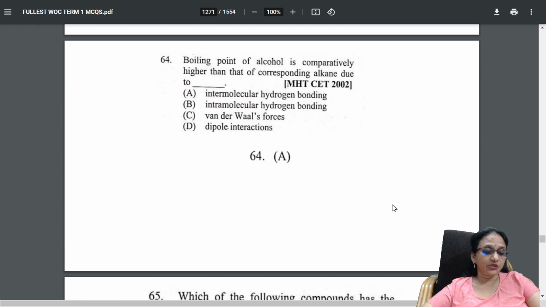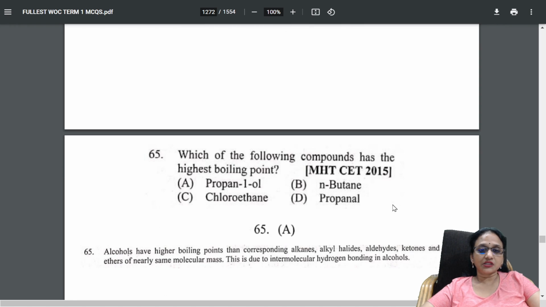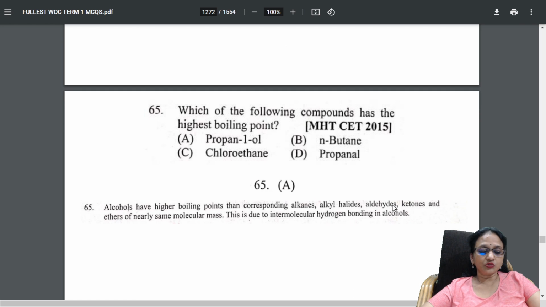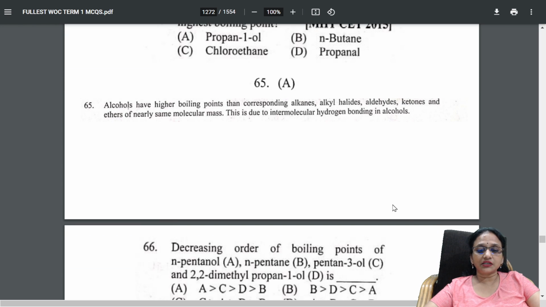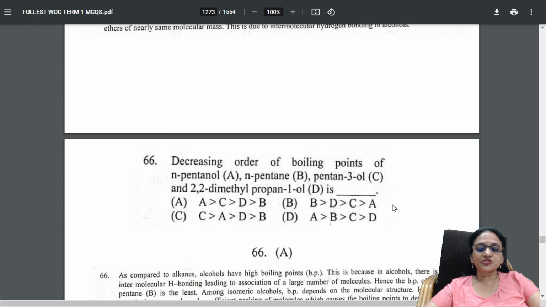Then comes boiling point questions. What are the different parameters on which boiling point depends? This is your boiling point question, one more. What happens when you have isomeric hydrocarbons? Yes, that. And then comes your